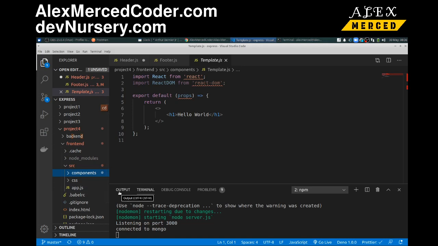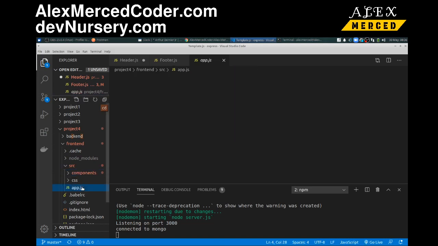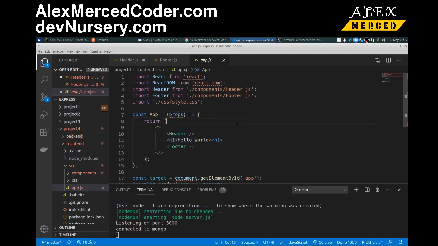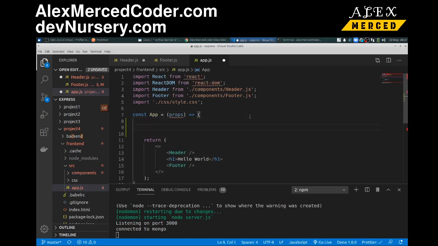So first, let's create a piece of state in which we can store all our persons before we do the API call to grab all the different people. Okay, so let's go back to our app component because we're going to want to store the state there. The cool thing about functional components is you don't need to create just one state object and then stuff everything inside that one state object. You can create an individual piece of state as needed. So the way you do that is we're going to use array destructuring. So we're going to do const,